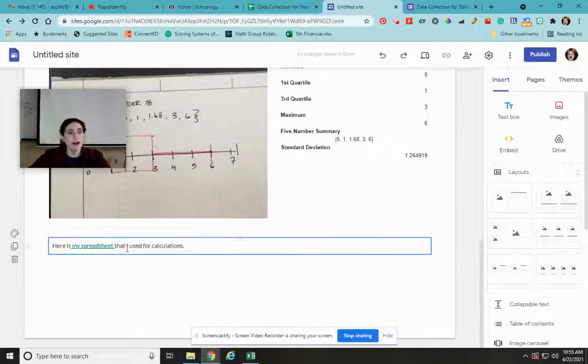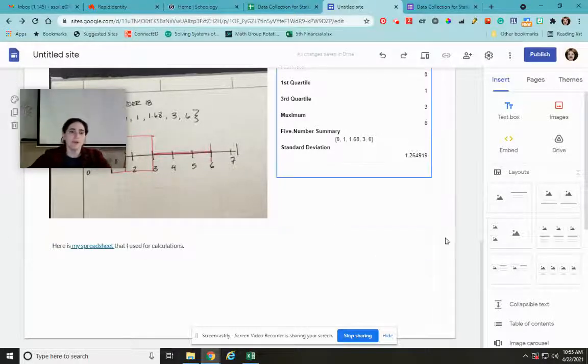So now I have literally everything. I've got my Google form included. I've got all my stuff that I did, and I've got a link to my spreadsheet so people can see